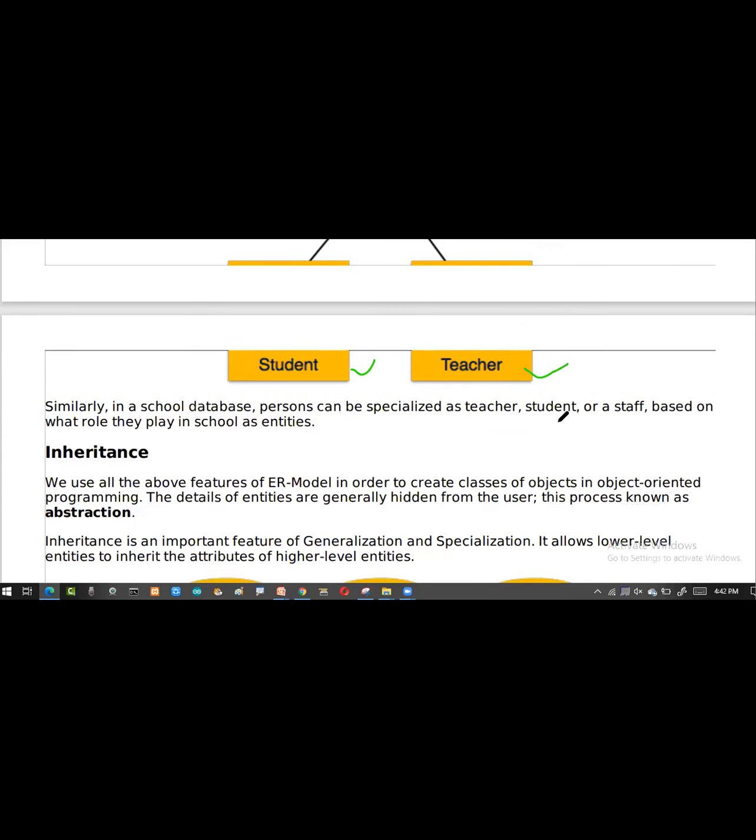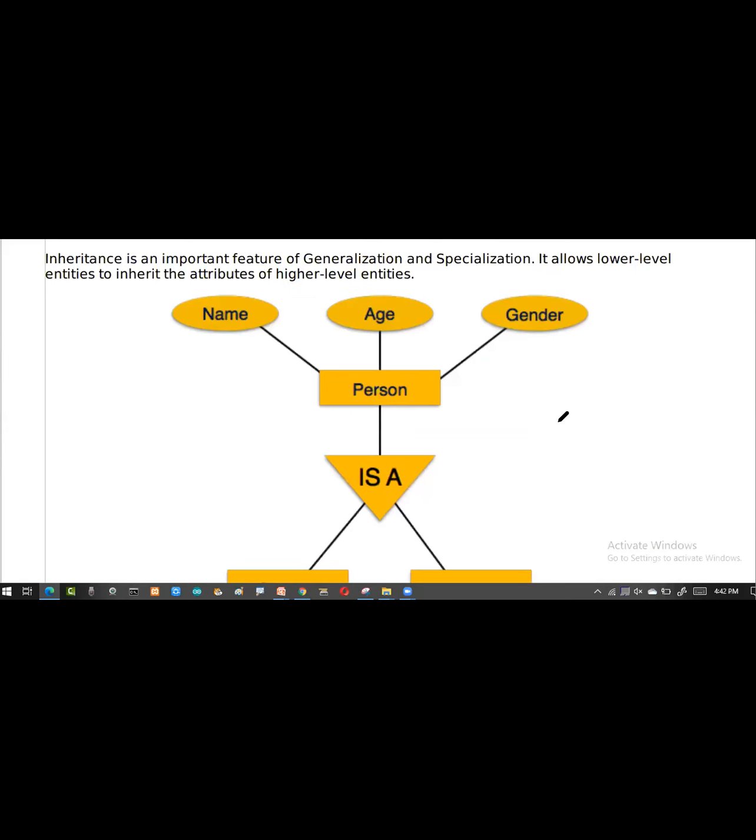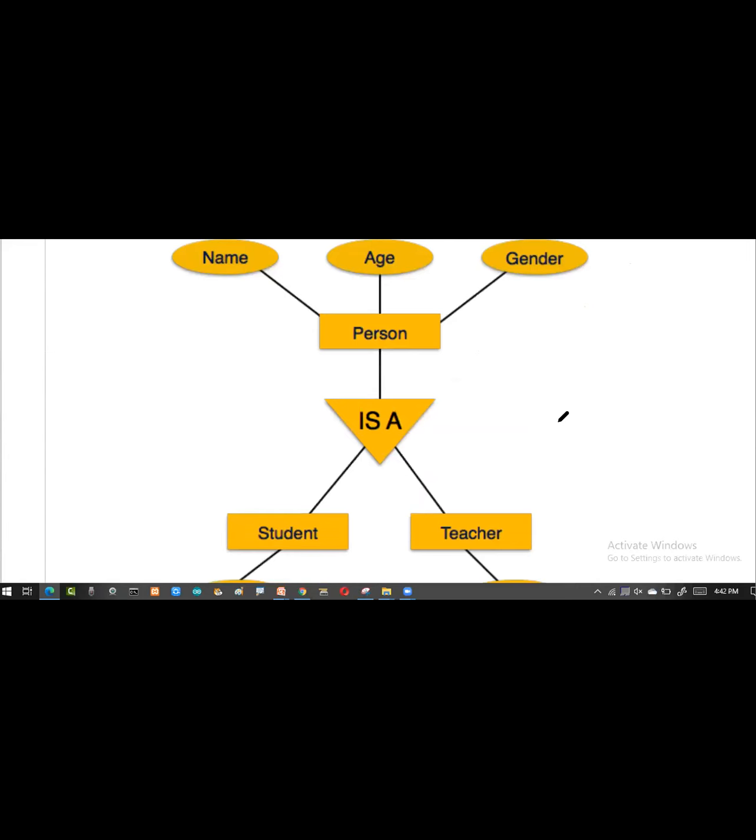See, this is the example. So you can see the example. A person has a name, a person has an age, and a person has a gender. Now I'm taking the person.